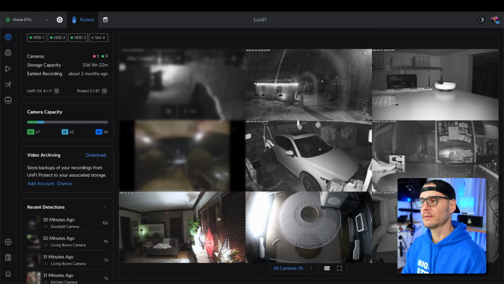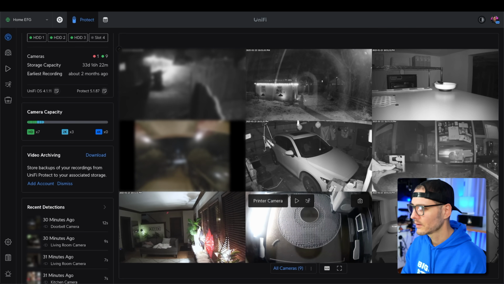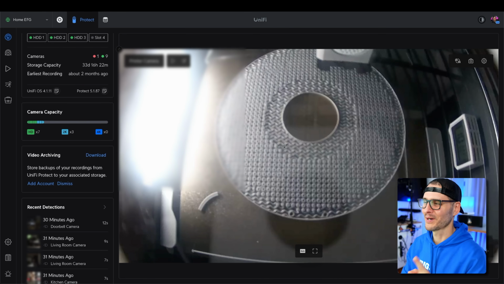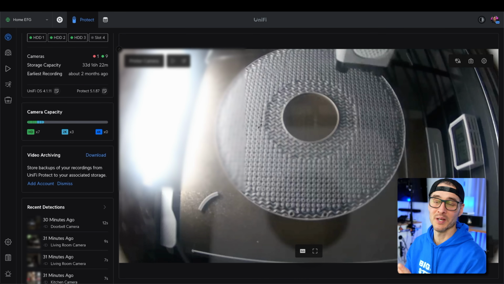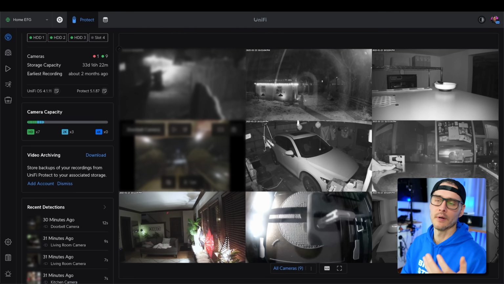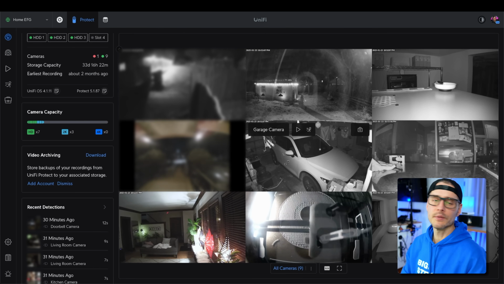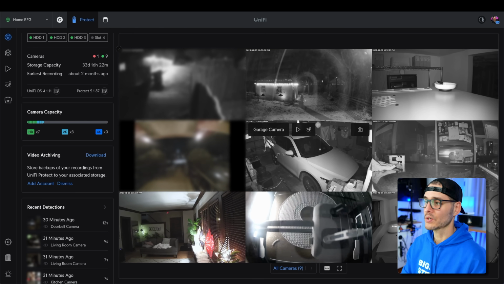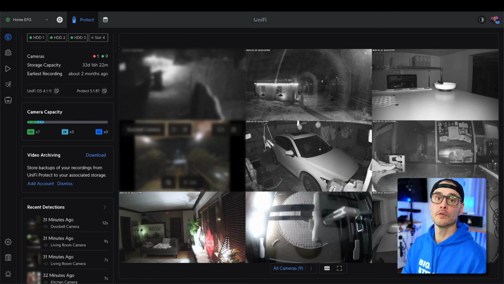And not only does it keep these recordings local, but a lot of them have smart features. You can see right here, I hooked a camera up to my 3D printer, so I'm printing a spool right now. And not only does all of this stay local, I also get AI features like object detection and facial recognition and stuff like that with these cameras. So huge fan of Protect. It just keeps getting better.